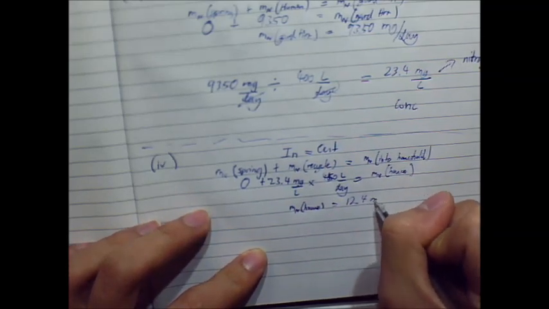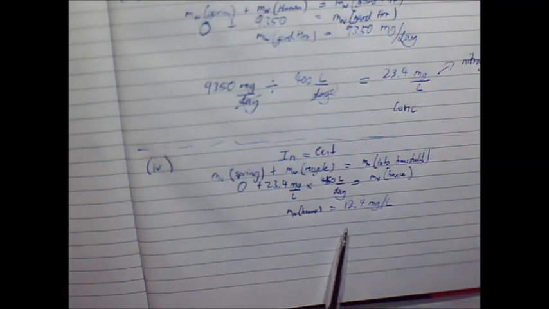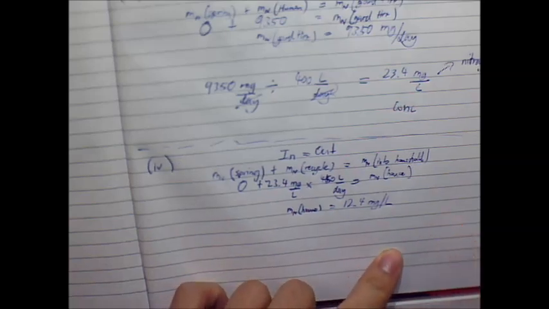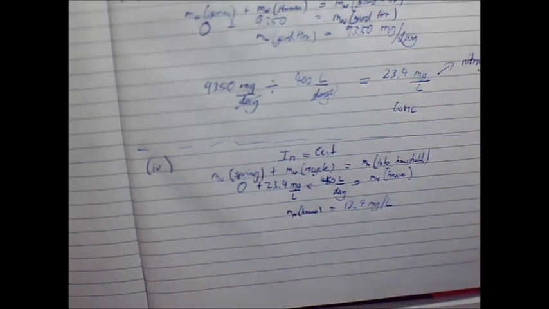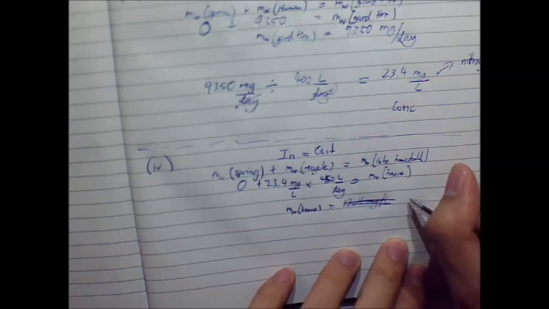Oh, sorry, one more thing. I don't have a calculator, let me pull up a calculator quickly. It's not that number. So it's 23.4, and I'm going to multiply that by 450. This will give me